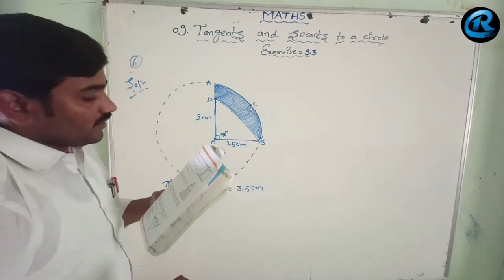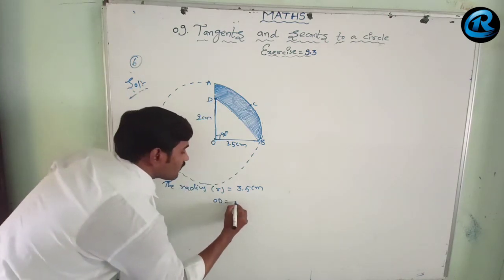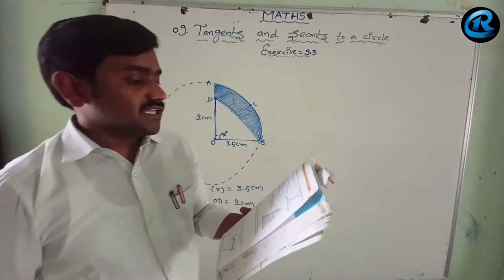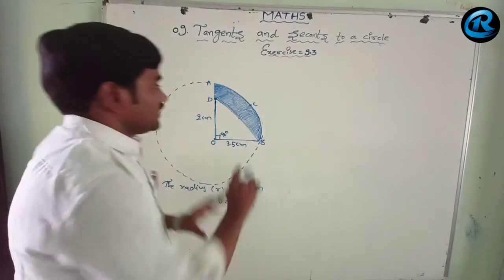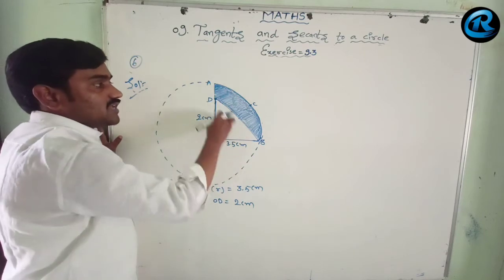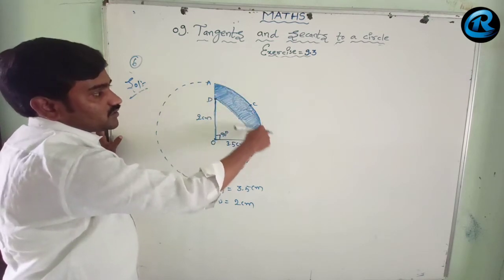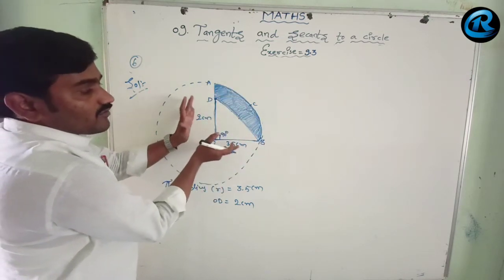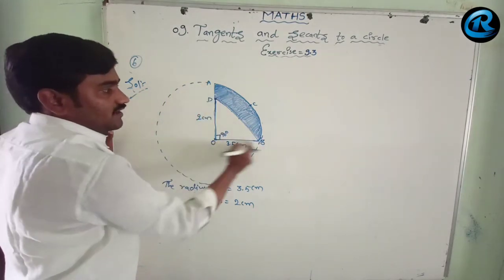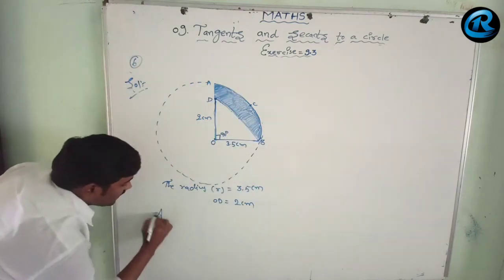Then if OD equal to 2 centimeter, then find the area of shaded region. If you see clearly, it is in a quarter circle or complete circle, no? Then it looks like the area of what? It is a segment. How can you find out the area of segment? By area of sector minus area of triangle. This area of segment only we need to find. The area of segment equal to area of shaded region.